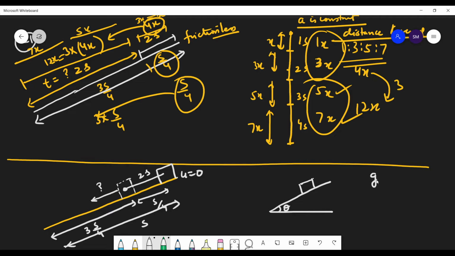एक तो हमें g चेंज हो जाएगा इस केस में, इस केस में g कितना होगा, हाँ हम फॉर्मूला लगाए s = ut + ½gt², ठीक है। टाइम हमें पता है 2 सेकेंड, अगला टाइम हमें निकालना है, ठीक है। तो टाइम हमें चाहिए और u क्या है 0, तो ये तो खत्म हो गया। टाइम आपको निकालना है, s आपको पता है यहाँ s/4 है और ये टोटल s है। तो यानी कि आपको g की वैल्यू पता लगानी पड़ेगी कि इंक्लाइंड प्लेन पर g की वैल्यू कितनी होती है। तो g की वैल्यू जो है वो वर्टिकली डाउनवर्ड हमेशा g होती है, लेकिन इस डायरेक्शन में कितनी होगी g की वैल्यू।